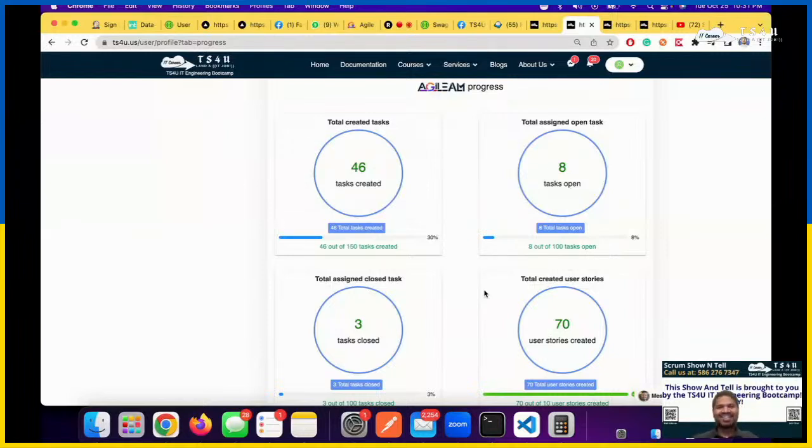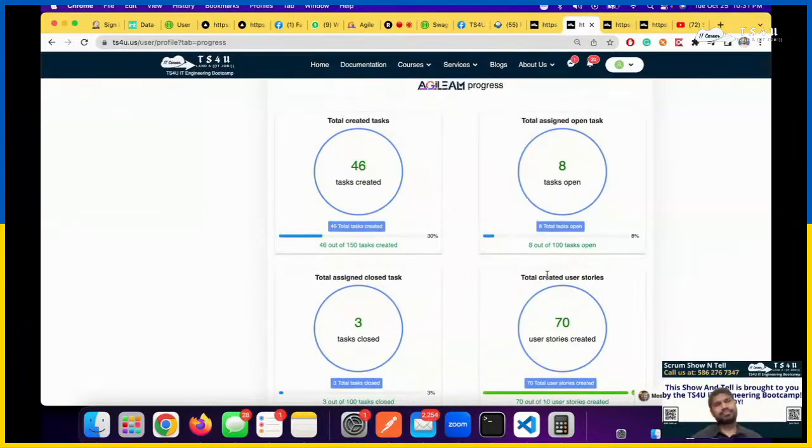You can, but remember we do not track everyone, right? We only track who is actually in the program. As of now the Agile ALM is open. Anyone can use it. Anybody can implement it, because it's community service. We did not lock it, but the question is, we don't know what they're doing. They are maintaining their own project. But they will not be able to see their progress on the TS4U because they are not part of any program.